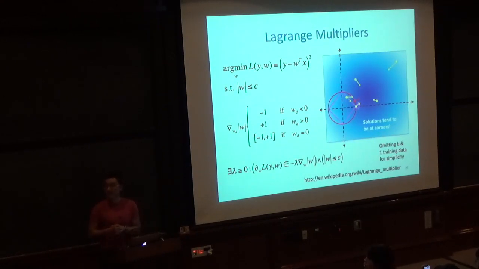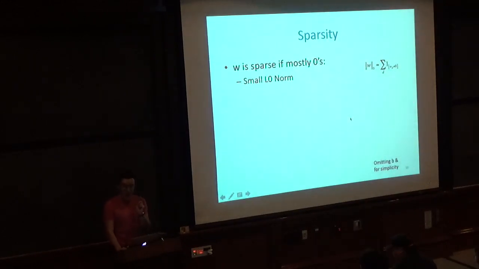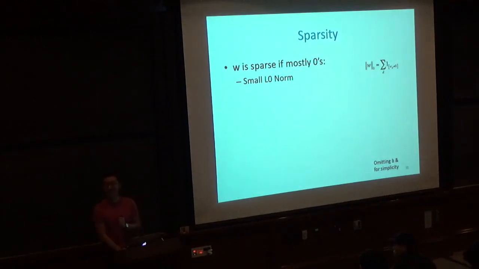Yes? So wait, what's the advantage to training using L1 regularization versus L2? There's three answers I can give you. One is optimization, one is statistics, and one is related to the point that the solution tends to be at corners. Well, why would you choose one normally? Okay, so probably the biggest reason is related to the fact that the solutions tend to be at corners. Not that you only have to check corners, it's that you want sparse solutions, right?